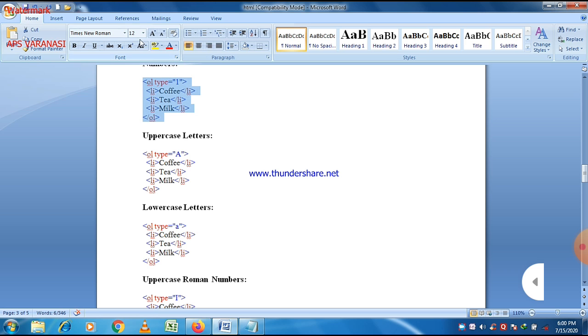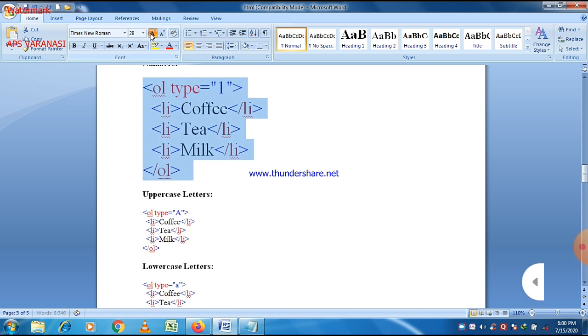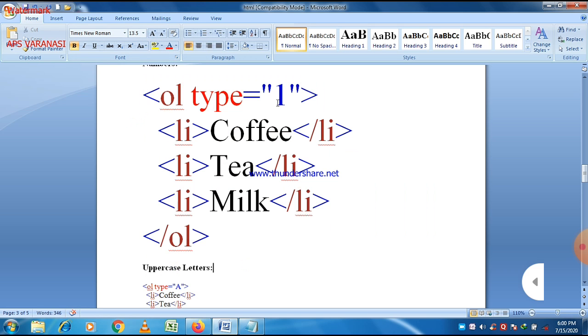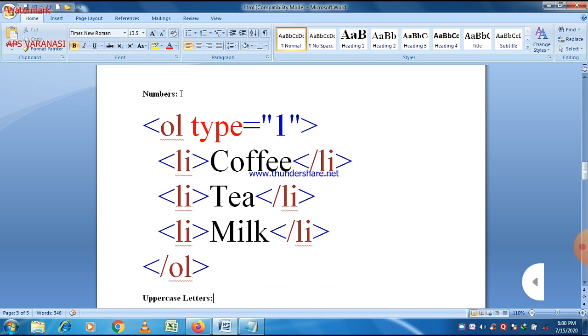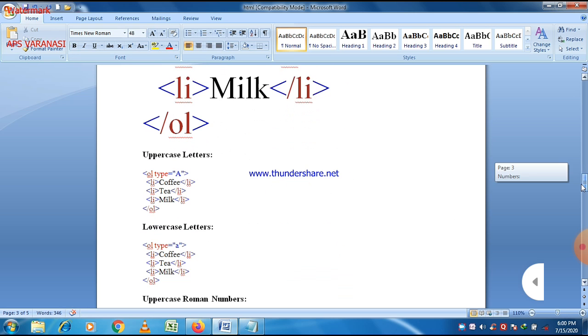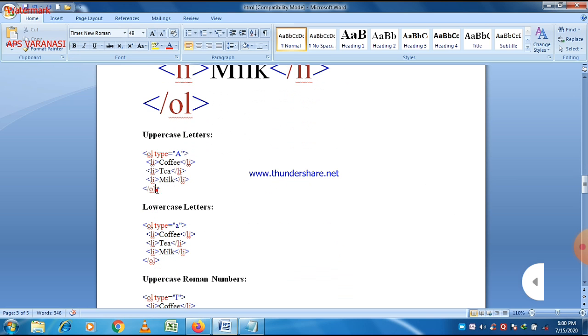And there is a small program here. You can see that here we write type is equal to 1, and since it is default, if we omit this, then by default the answer will be the same as the previous one, so there is no effect at all. So just try type, remember that type is the attribute of the OL tag, so it is written within the OL tag. Then if you want to write it in uppercase letter, that is also possible, and we can see here.